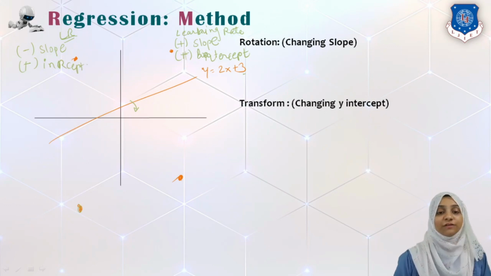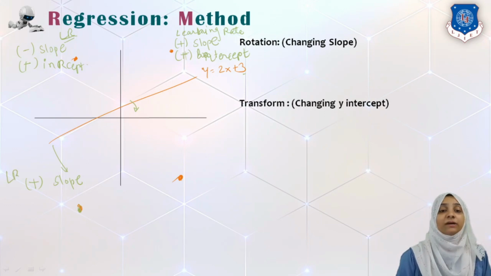Let us look at this particular point. If this point is there, we have to rotate our line anti-clockwise. So whenever the word anti-clockwise rotation comes in, we have to increment or add to our previous slope by the learning rate. And when we rotate this line, we also have to take it downward. So this is getting shifted down. That means we have to decrement our y-intercept.